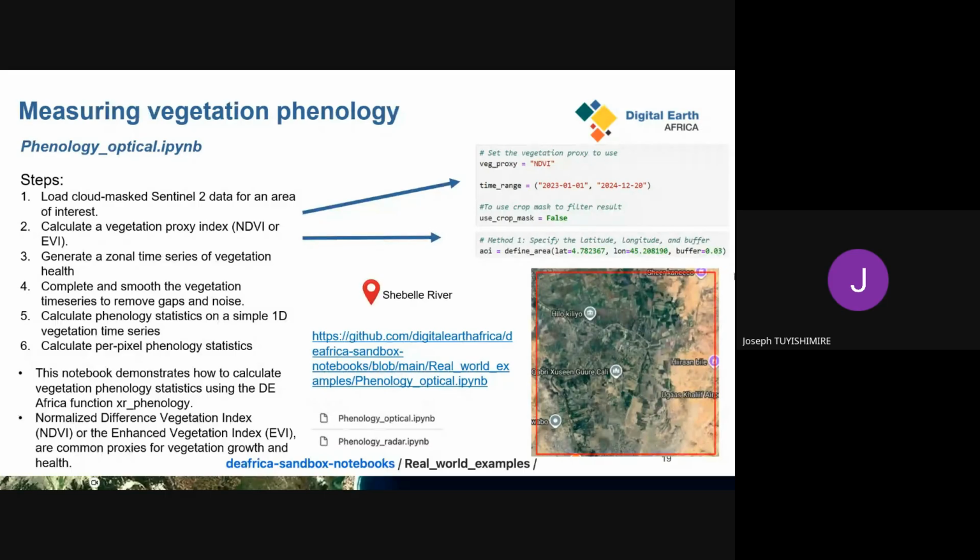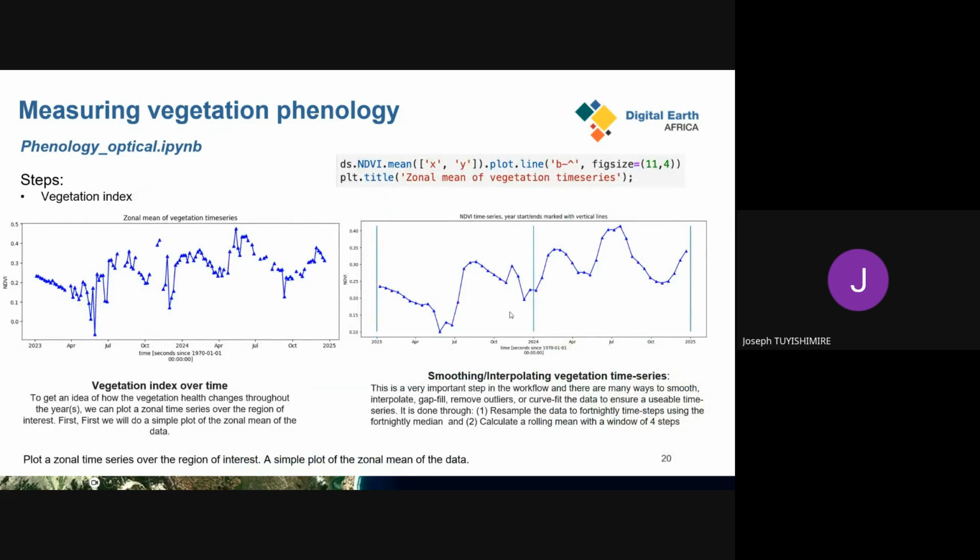And of course, we should always be able to define our area of interest either by defining latitude, longitude, and a buffer, or we can even load a polygon defining the boundaries of our study area. And once again, if we use the zonal mean of the vegetation time series using NDVI, you can see the curve is not continuous.